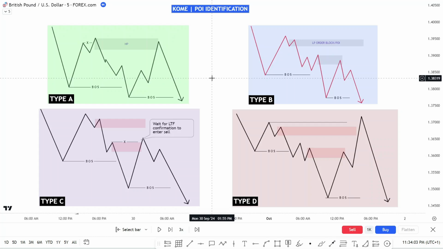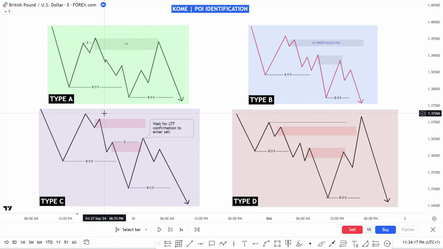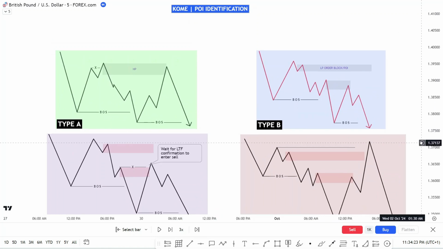Once you can get your points of interest correctly, then you can get profits correct. Point of interest is equivalent to making profit in smart money concept. This is what I'm teaching you in this video. So this video is all about showing you how to pick and select the right point of interest,